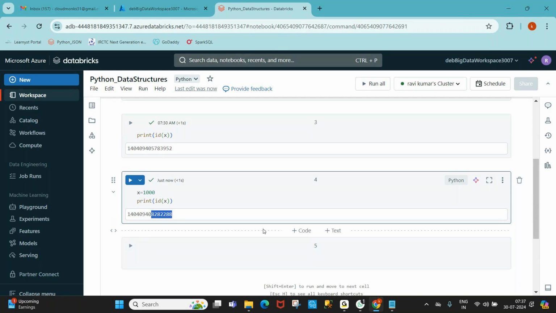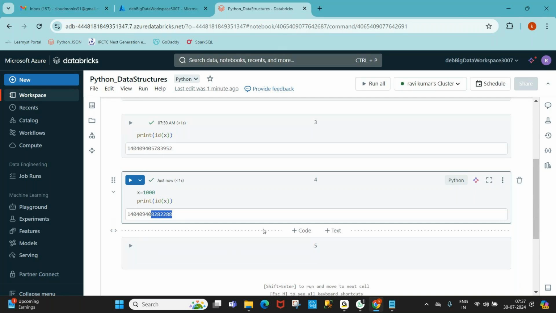Now, what is the object here? x is equal to 1000 means which is the object? 1000 is an object, but is that object created at the previous address, or is it created at a new address? A new address is allocated and created.